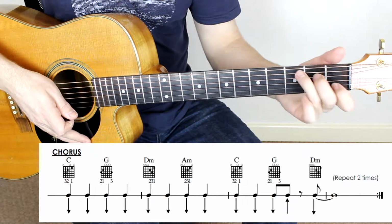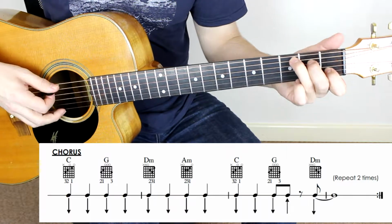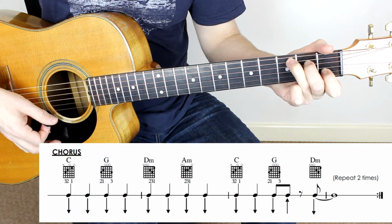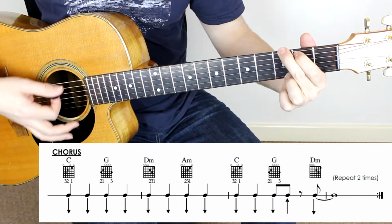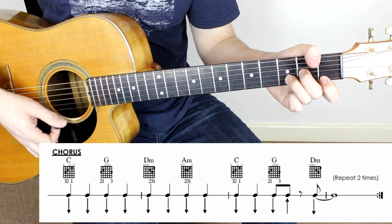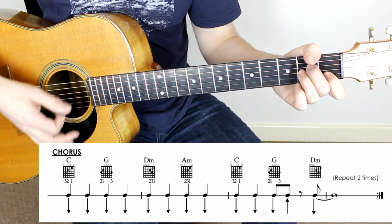The strumming's a bit easier here. There's more chords but easier strumming. We've got a C chord for 2 strums, then a G chord for 2 strums, a D minor for 2 strums, A minor for 2 strums, C for